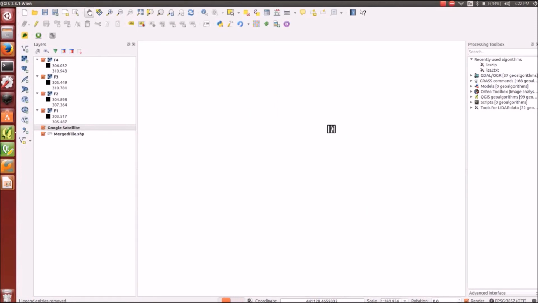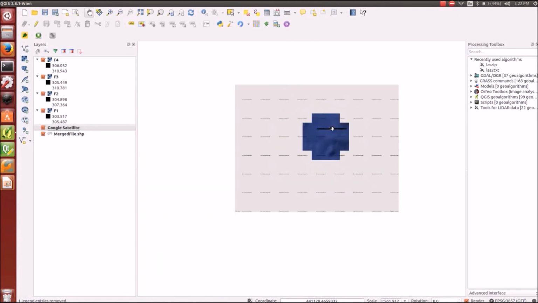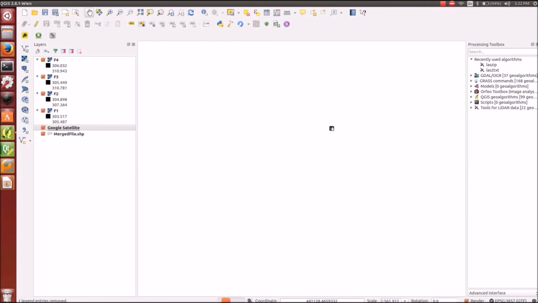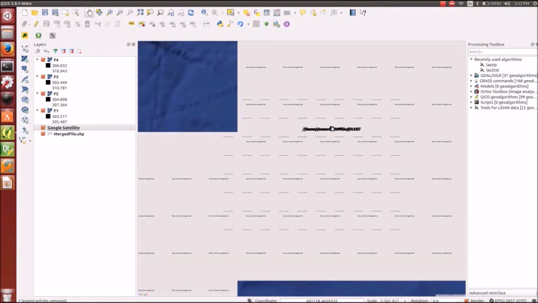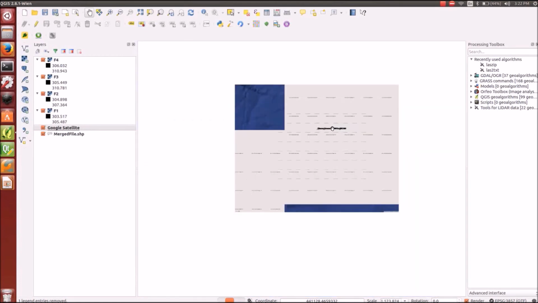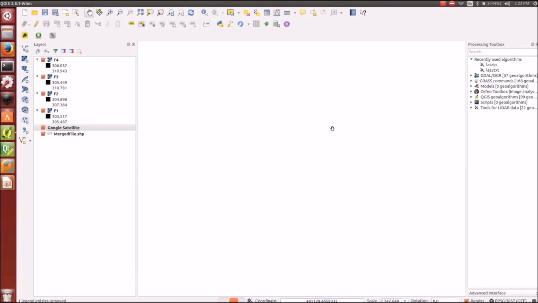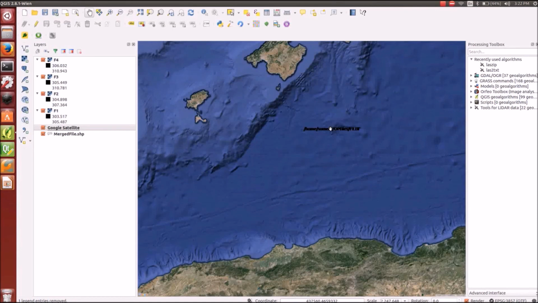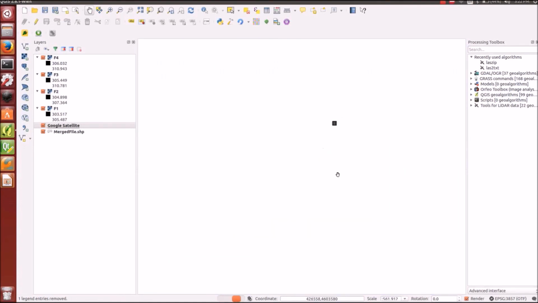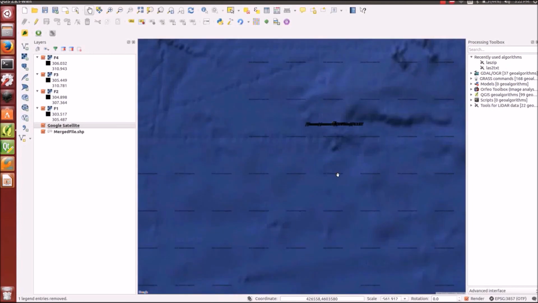So we zoom out a little. You can see the map in the background, and our files have become smaller.